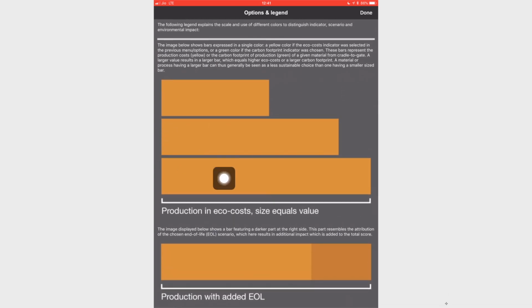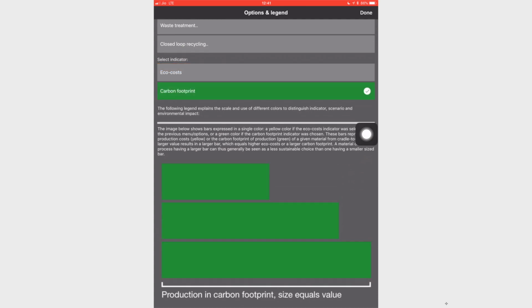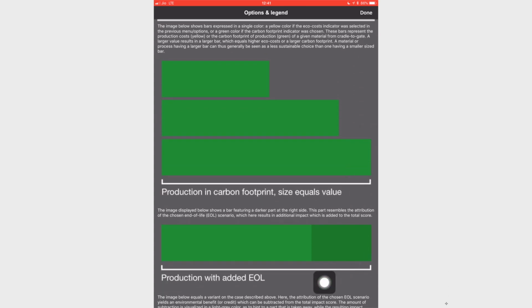Now, coming to another kind of bar. Here you can see two different colors. If I change it to carbon footprint, again you can see two different colors. So, this is production with added end of life.